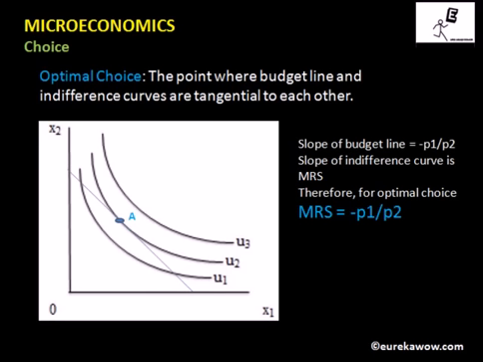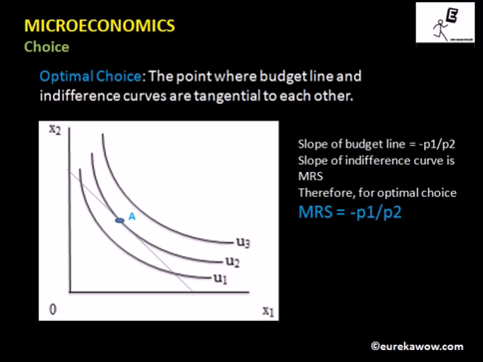So far, we have talked about budget lines. We have also talked about indifference curves. But in this lecture, we are going to talk about optimality of the choice of the consumer. So, what is the optimal choice of the consumer? Which is the bundle that the consumer is going to choose given the budget constraint and the indifference curves?